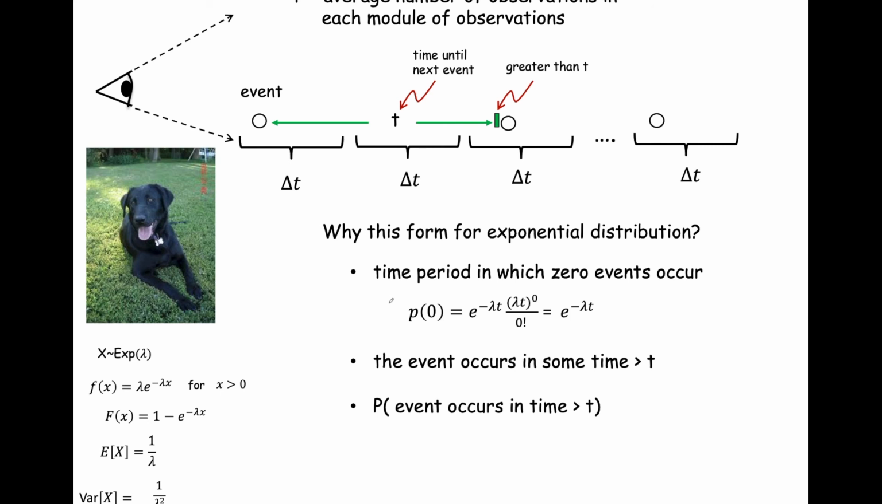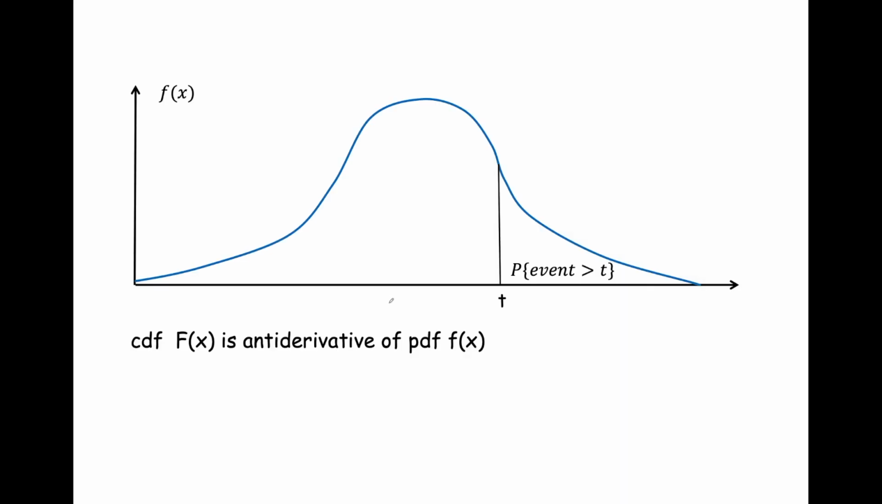We're dealing with the probability of an event occurring at some time greater than t. So let's take a general view of a probability density function. This probability density function is defined from minus infinity all the way to positive infinity. Now let's imagine on the horizontal axis we have time, and we're going to mark time t along the horizontal axis. And on the vertical axis, we have the probability